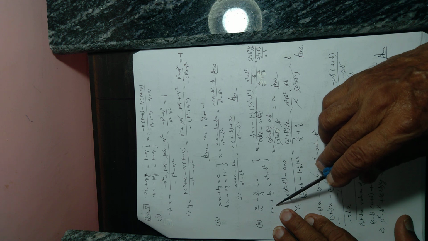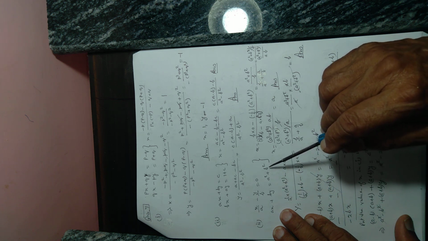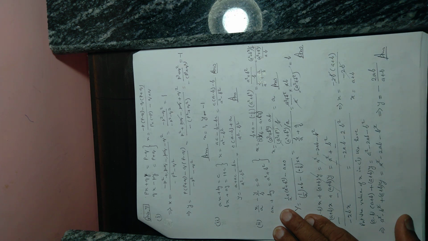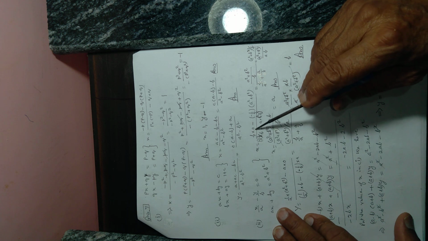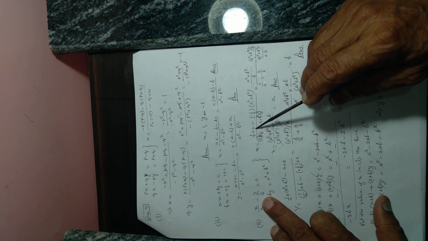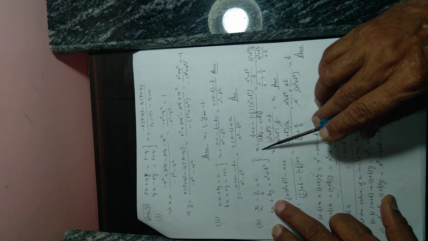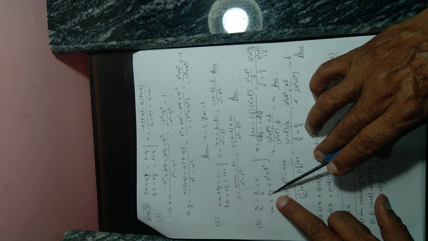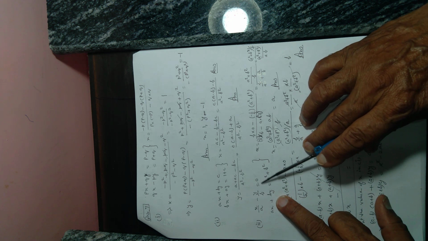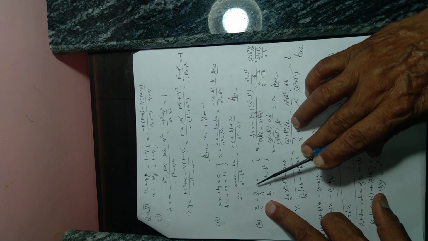Second equation is ax plus by equal to a square plus b square. Here with the help of the cross multiplication I have solved. You see b into 0. You see here, x is equal to, this b, lu means left to up, b into 0 minus 1 upon b,